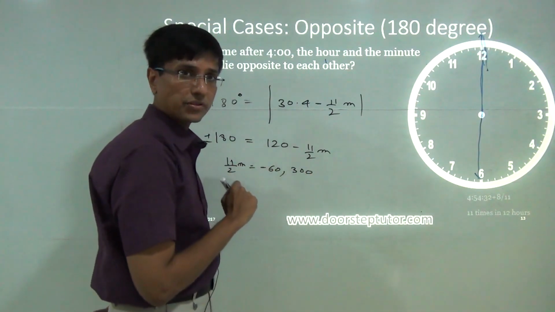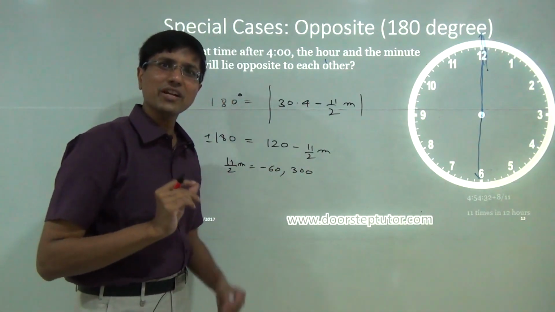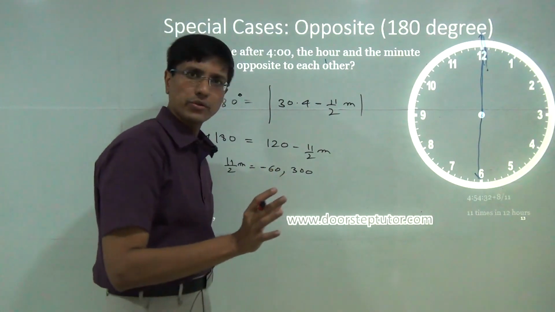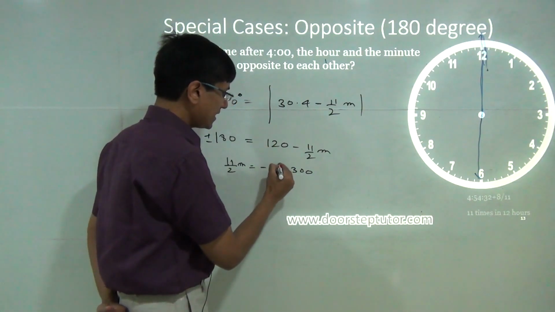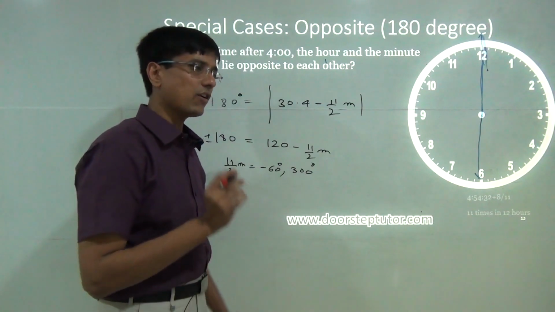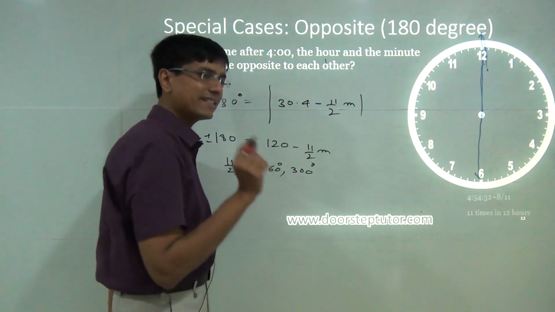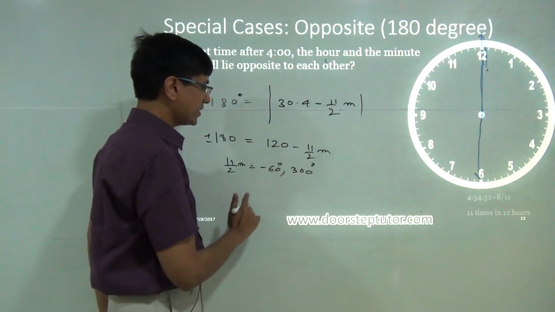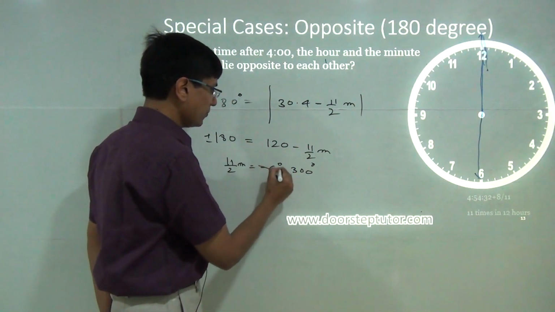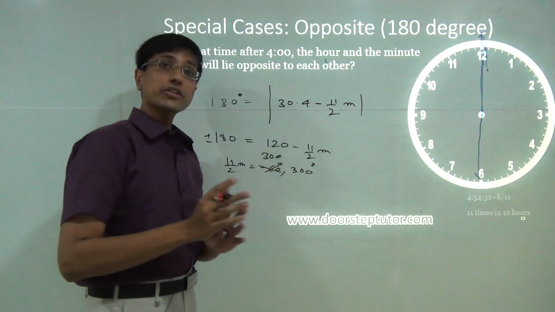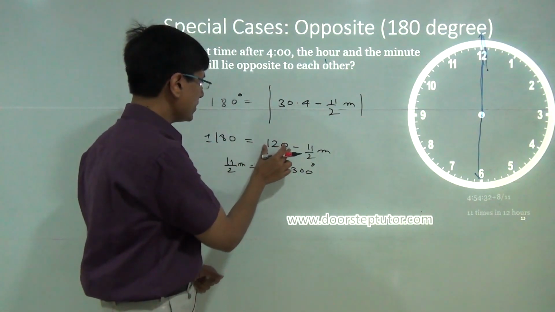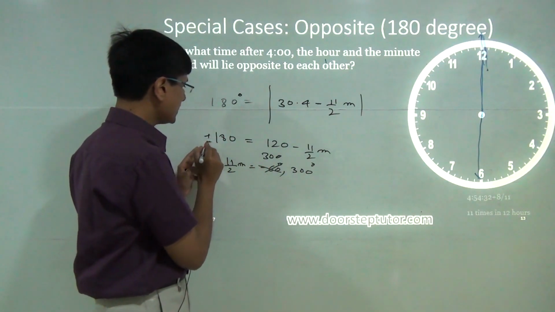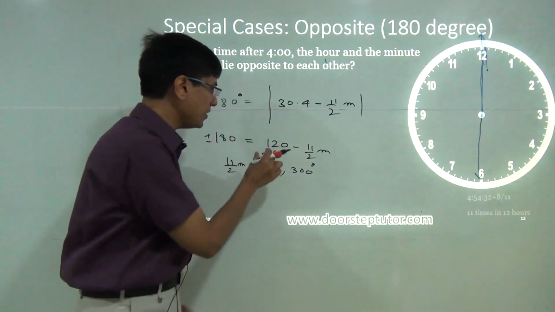So, I will take both the possibilities. Minus 60 I do not really like as an angle. But we know that for any angle, I can always add or subtract 360 degrees without really changing the angle. So, if I add 360 to minus 60, it also becomes 300. So, instead of getting two different values for plus and minus 180, I really have only one value here,